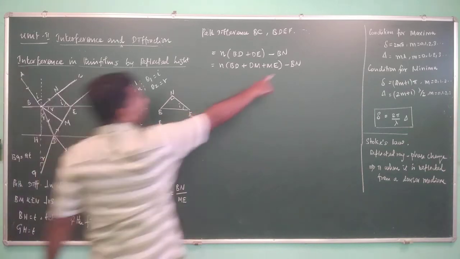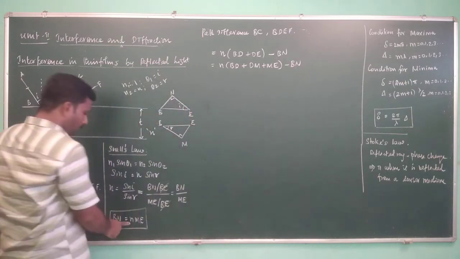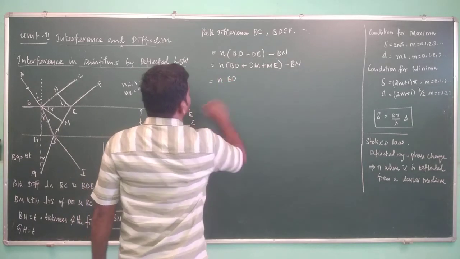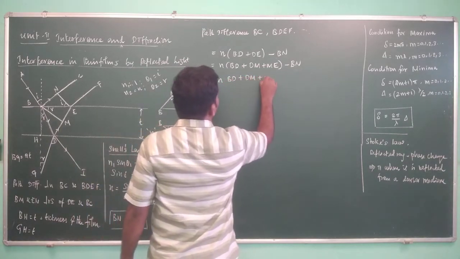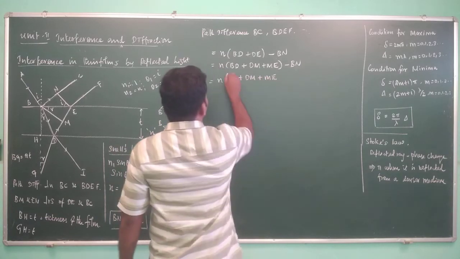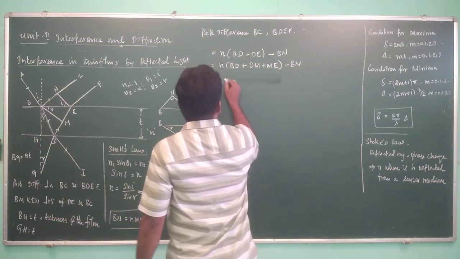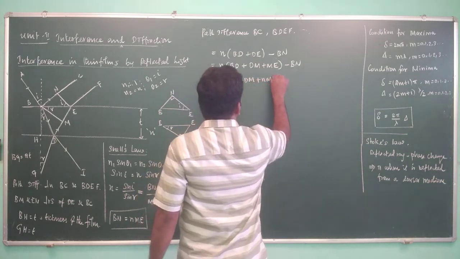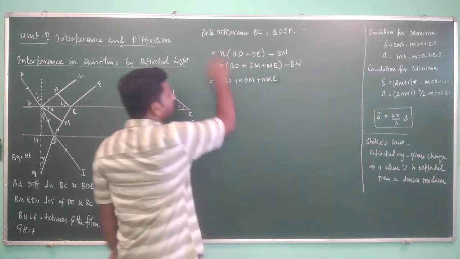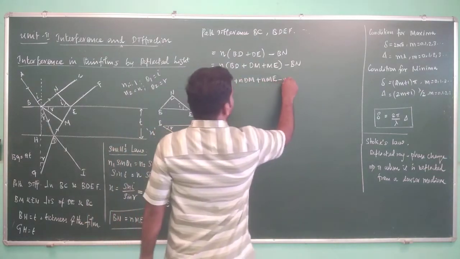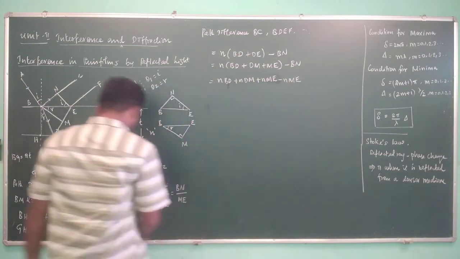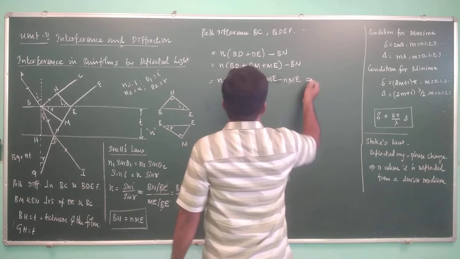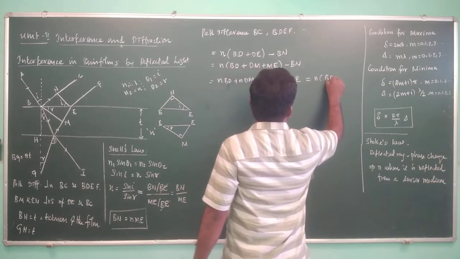Where is BN? Here there is a BN. This BN is replaced with N times ME, so that this equation becomes BD plus DM plus ME, or you can write N times BD plus N times DM plus N times ME. I brought N inside, minus N times ME, that is, this BN is replaced with N times ME. What will happen? This will cancel out, so it becomes N times BD plus